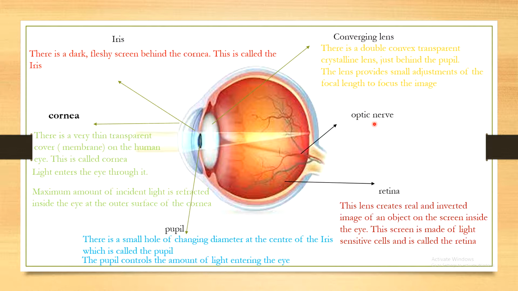Now here you can observe the optic nerve. This optic nerve collects all the electrical signals. This spot is called the blind spot, and these optic nerves collect all these electrical signals and convey them to the brain. So this is the function of the optic nerve. These cells get excited when the light falls on them and generate electric signals. Here a real but inverted image is formed, so we can identify the object, we can easily see the object. So this is the function of the human eye.